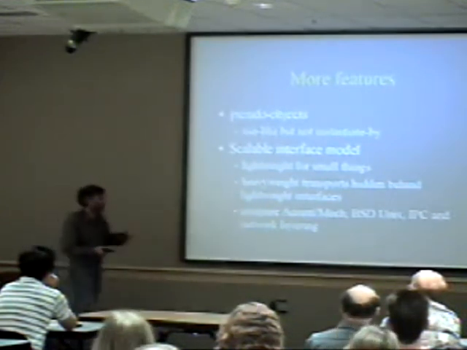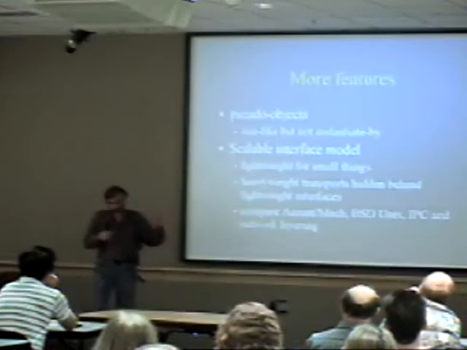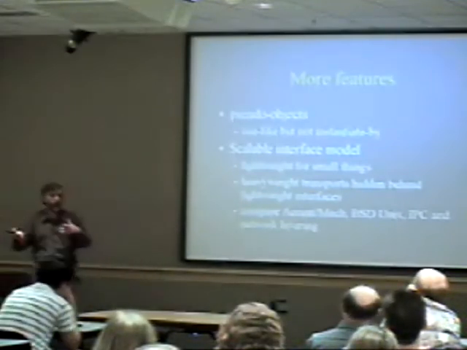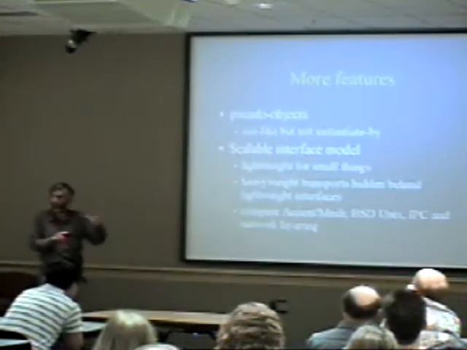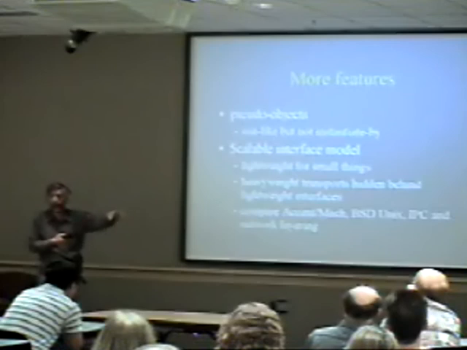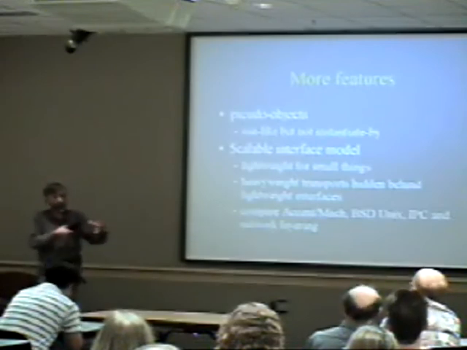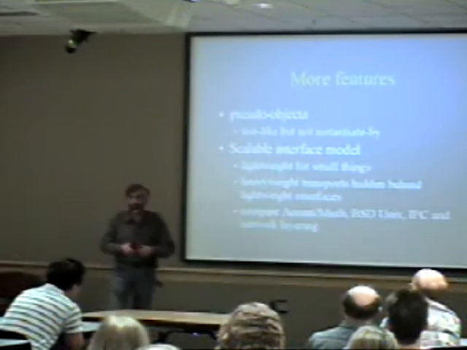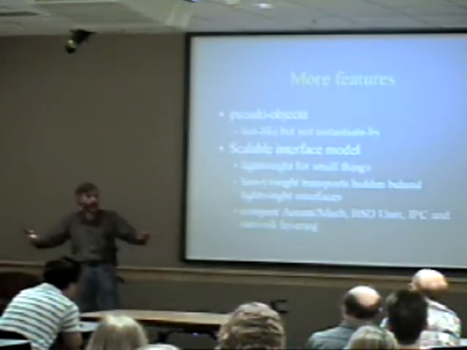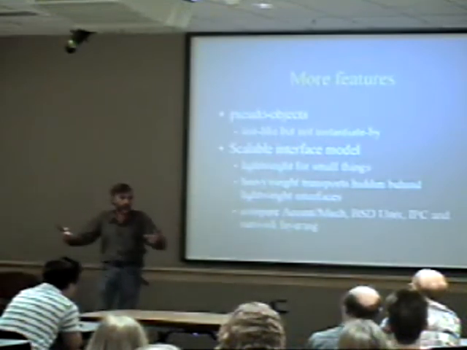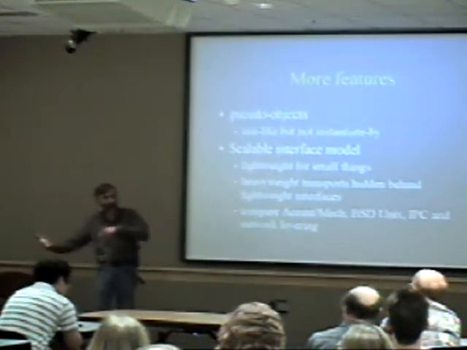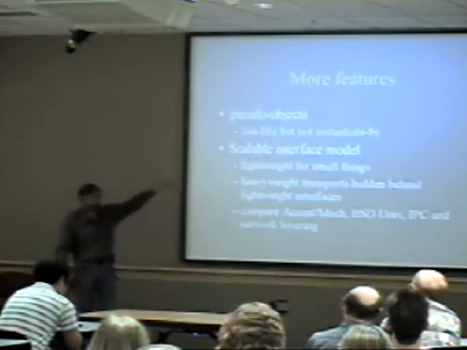I contrast, for example, here I put Accent and Mach, where the model of IPC and network communications, in Mach, you had a port which you could use for IPC, and in the case that the thing you wanted to talk to was across a network, there was a proxy process in place that would handle all the networking. And the client of this didn't know the difference. By contrast, in BSD Unix, if you wanted to do IPC, you had to do TCP protocol between processes on the same machine. So they used networking to implement IPC. Mach used IPC to implement networking. So I was taking the Mach approach with this interfacing model.